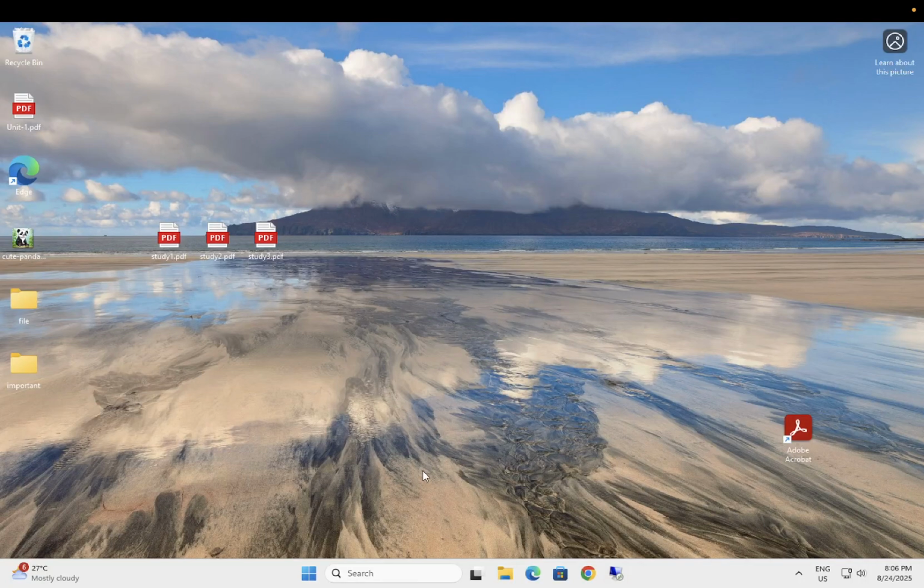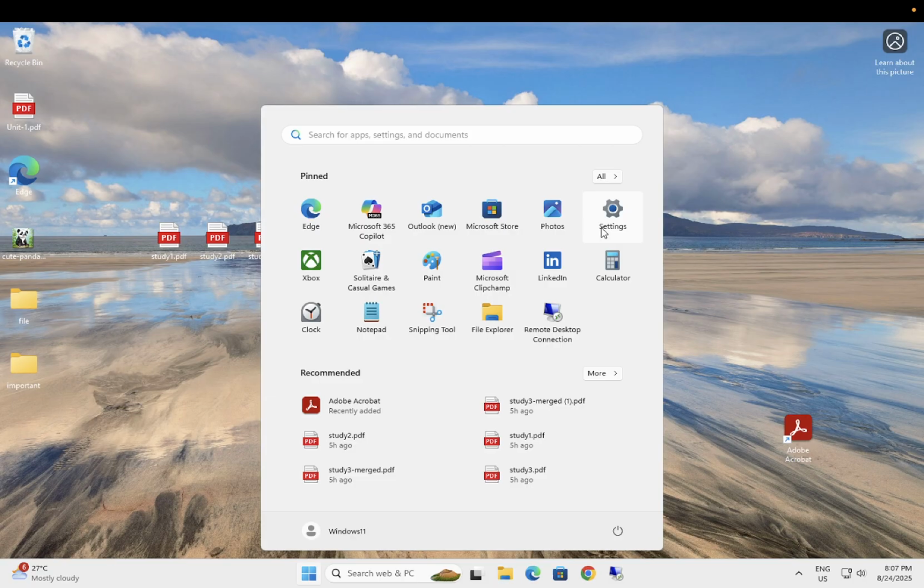In this video guys, I'm going to guide you on how to print from a PC or laptop to a printer and how you can add the printer on your device if it is not added. So let's open the start menu, then click on the settings icon,